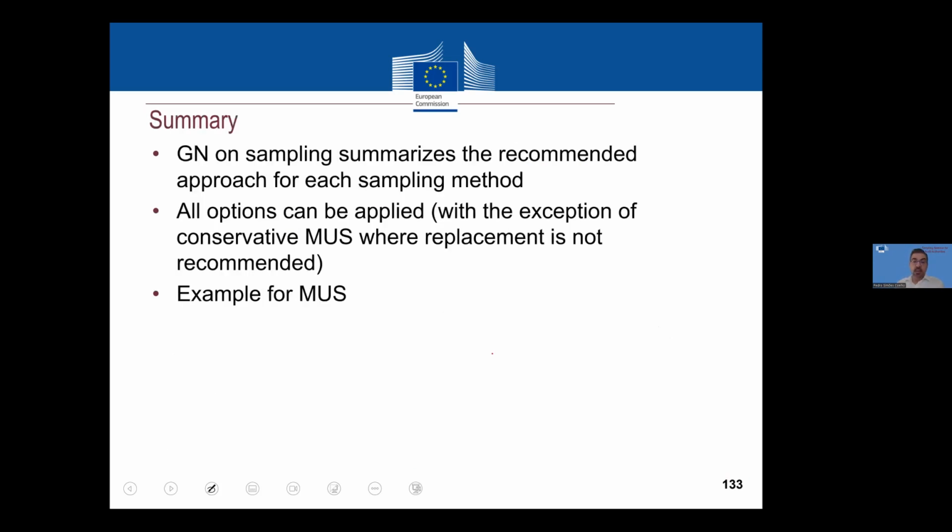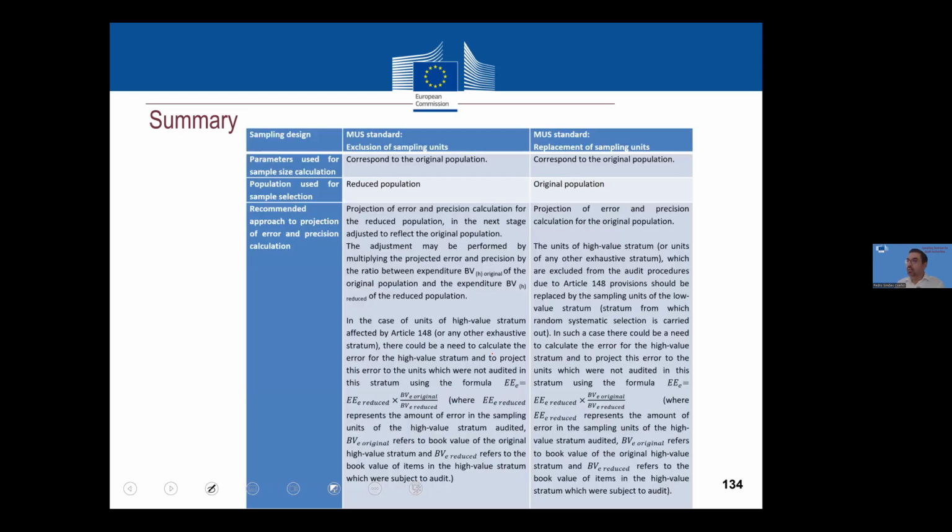Okay, that's it. And what is important to tell is that in the guidance note on sampling, that is still useful and applicable, you have a very complete summary, a table with the recommended approach for each sampling method, all the options that are available and what we should do within each option. Just for the sake of the example, just to motivate you to see that everything is there, you have this kind of table. This table is repeated for all the sampling methods, but for instance, for the MUS standard method, you have a column for the exclusion approach, a column for the replacement approach,